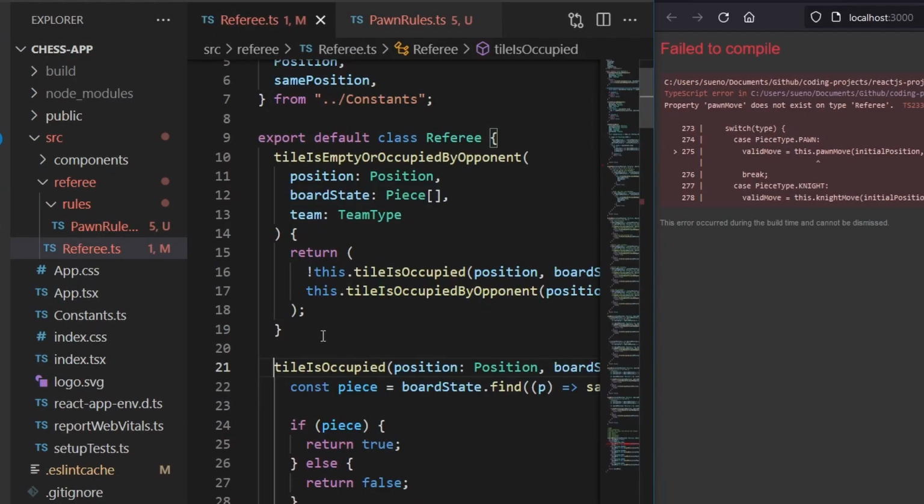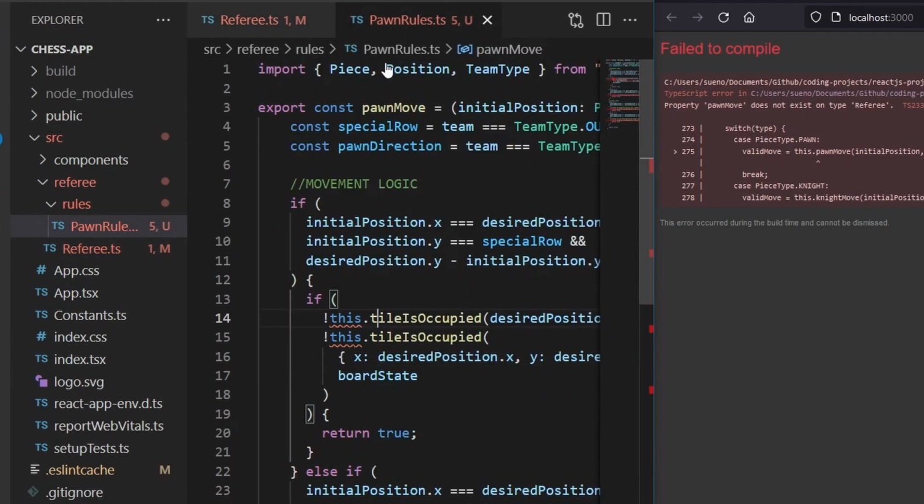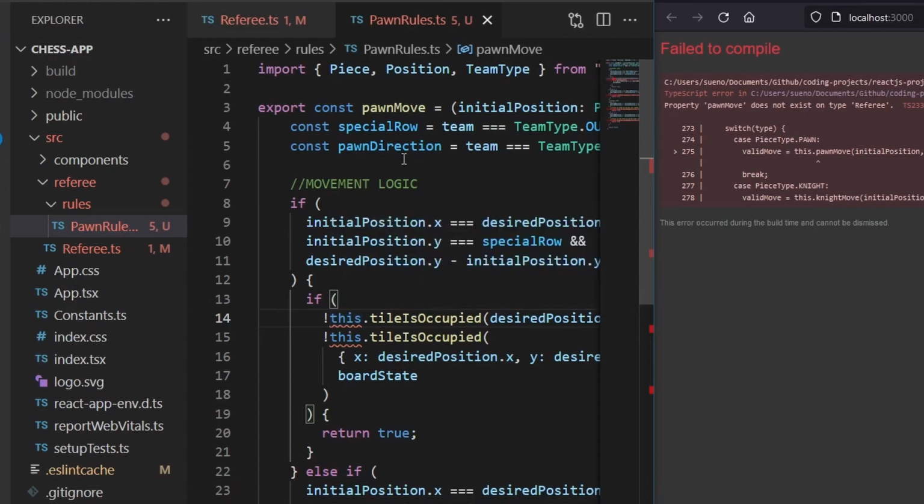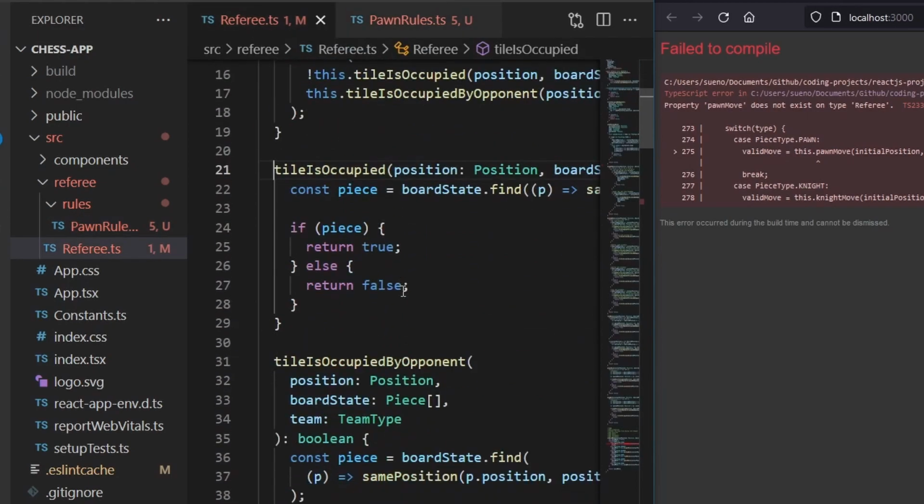If we want to refer to a function inside of our class Referee, we use the this keyword, because the function is part of this class. But inside of here, we don't have a class. It's just an isolated function, which is not part of a class. So we cannot actually use the this keyword. For now, we are going to ignore this, and we are going to import the PawnRules into our referee,